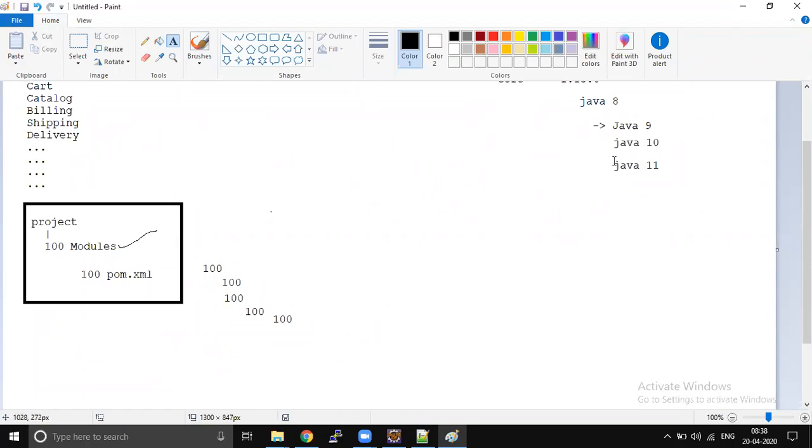So when we are maintaining a separate configuration file for each project, doing these kinds of enhancements becomes very difficult. We don't have any centralized configuration changes. I can't change in one place and have it impact all the 100 pom.xml files. We don't have such a feature available by default.